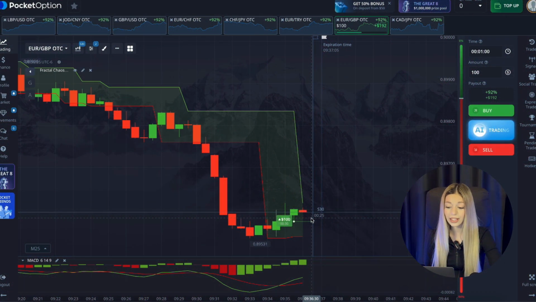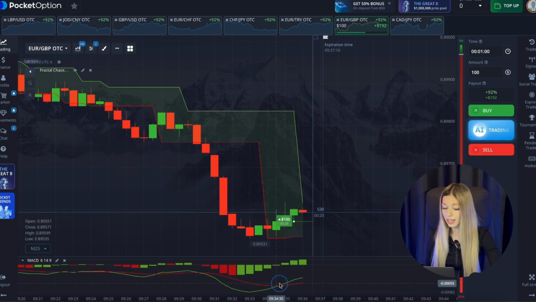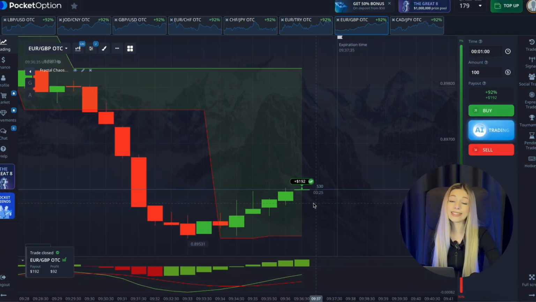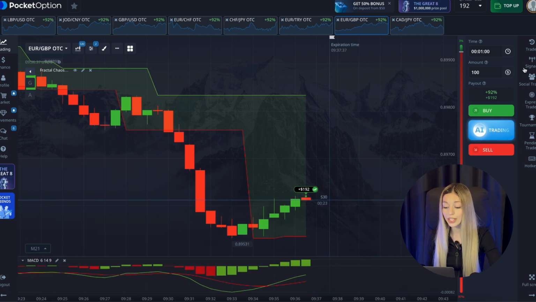So the key signal comes from MACD and this line crossover, and crossing the zero line are the main entry signals. House bands, fractals are more of a supporting indicator to help us see the bigger picture and filter out false MACD signals, guys. Alright, as you can see, our first trade closed in profit and